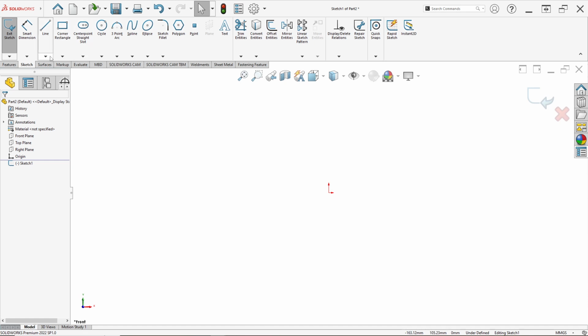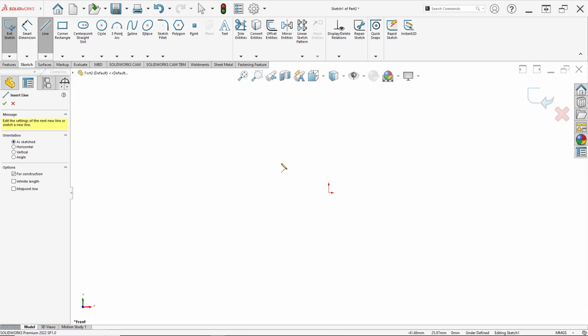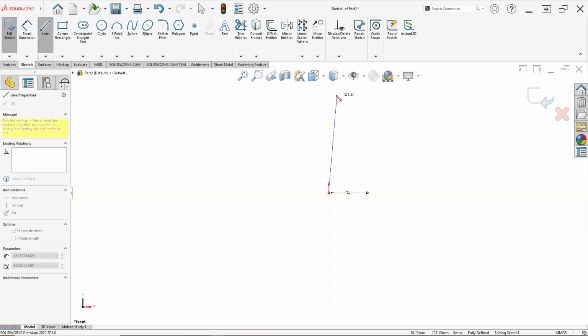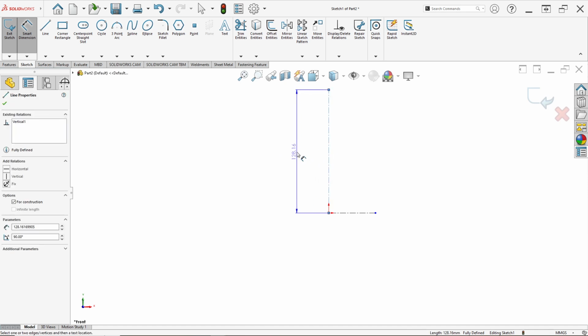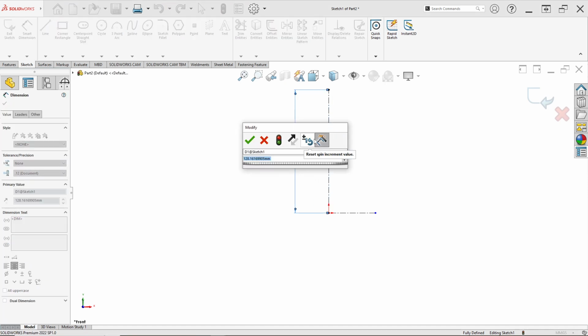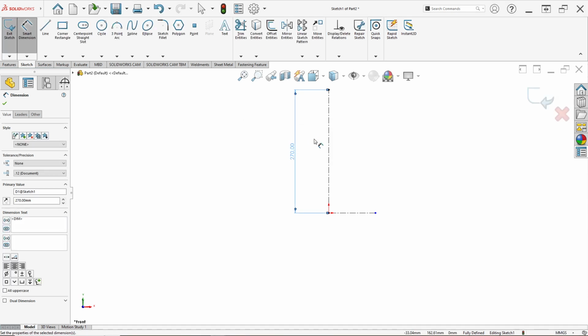Then draw a center line like this. This to this in here, and set the dimension: this center line has a height of 270 millimeter.